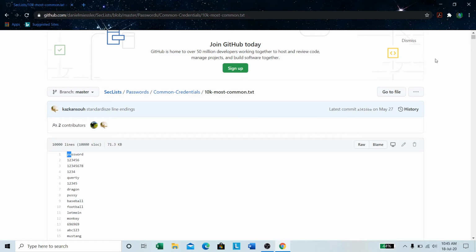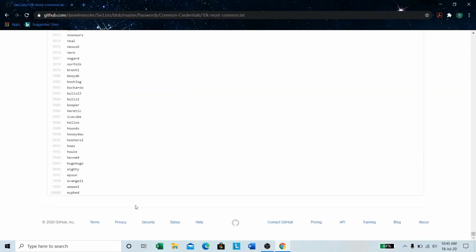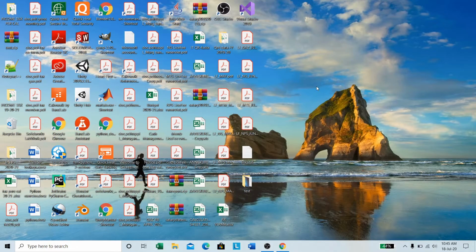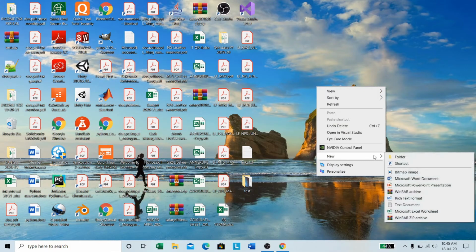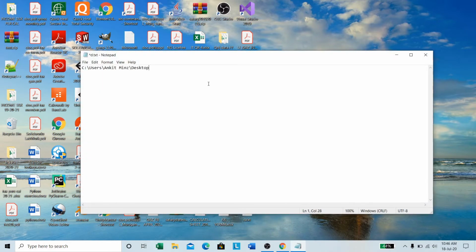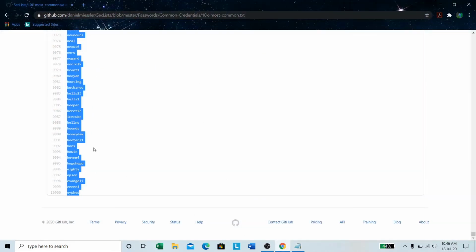Simply select a part of it, go to the bottom, now shift and click, now Control C. Now create a text document, name it, what to name it, D for dictionary, open it and Control V. Oh, sorry, haven't selected it.